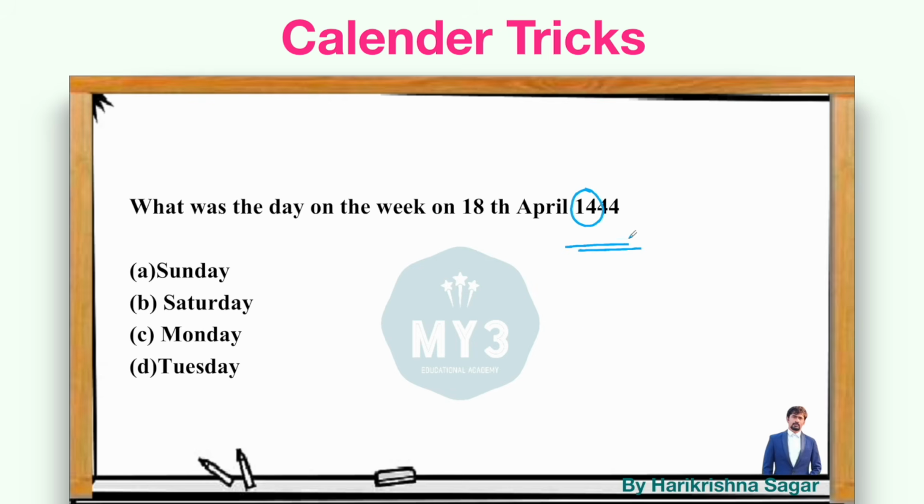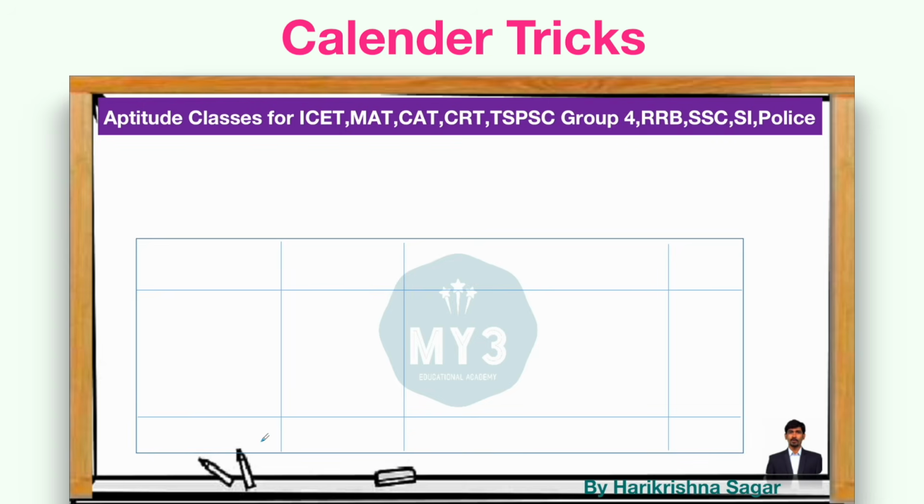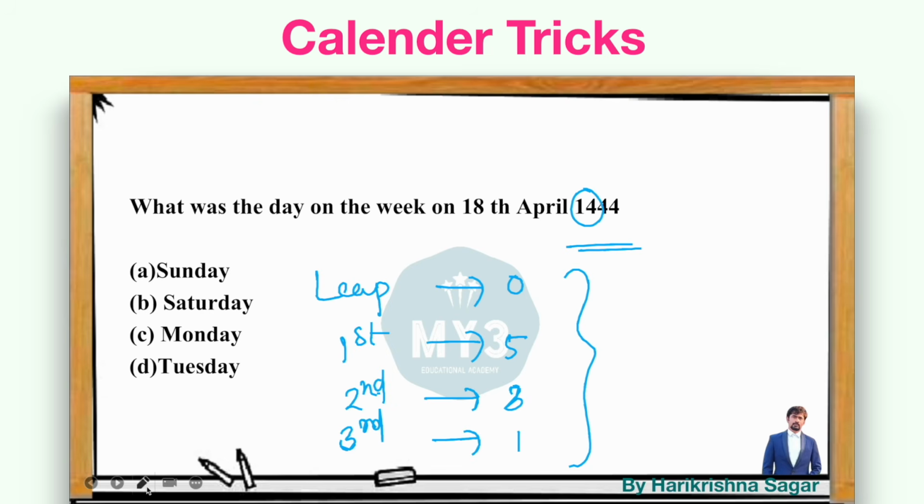So how to deal with centuries is, every leap century will have the number of odd days as 0. First century will have the number of odd days as 5. Second century will have the number of odd days as 3. Every third century will have the number of odd days as 1. How to identify whether it belongs to a leap century or first century or the second century is, just look